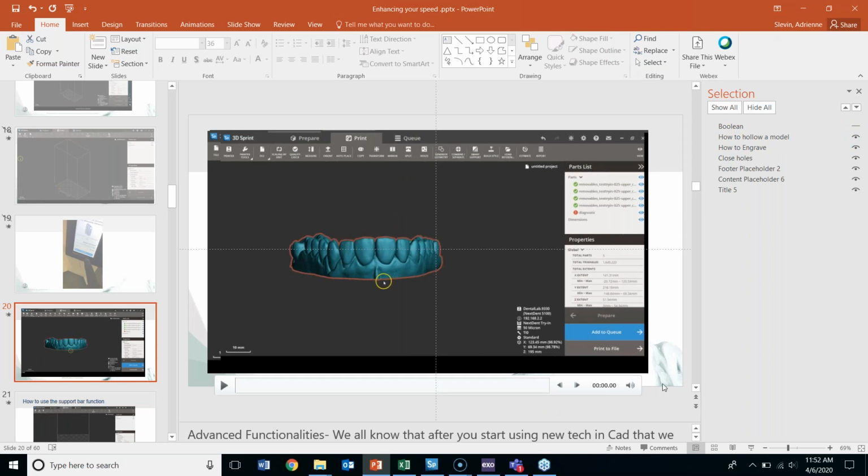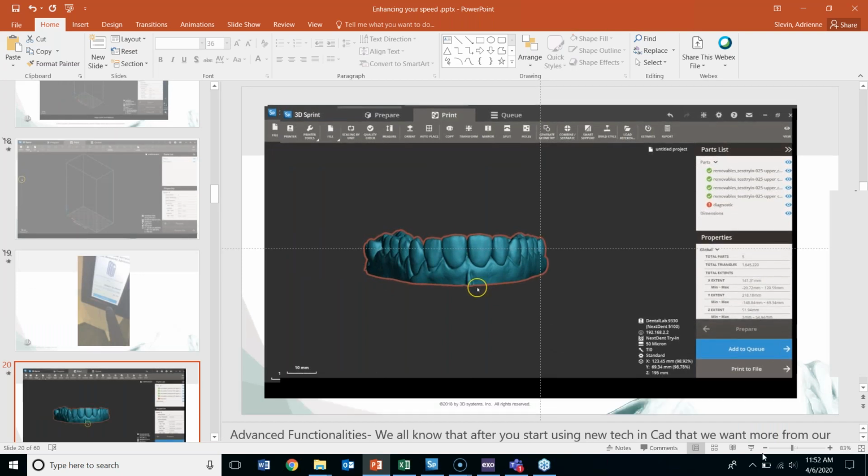Okay, and you can also hollow your models. So I'm going to just show you this here since I'm having technical difficulties on my PowerPoint. In fact, I could just show you it live, but